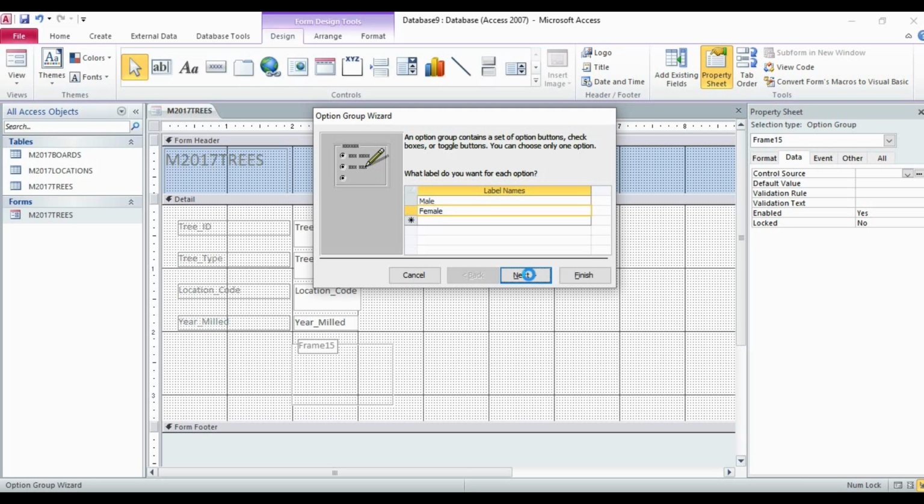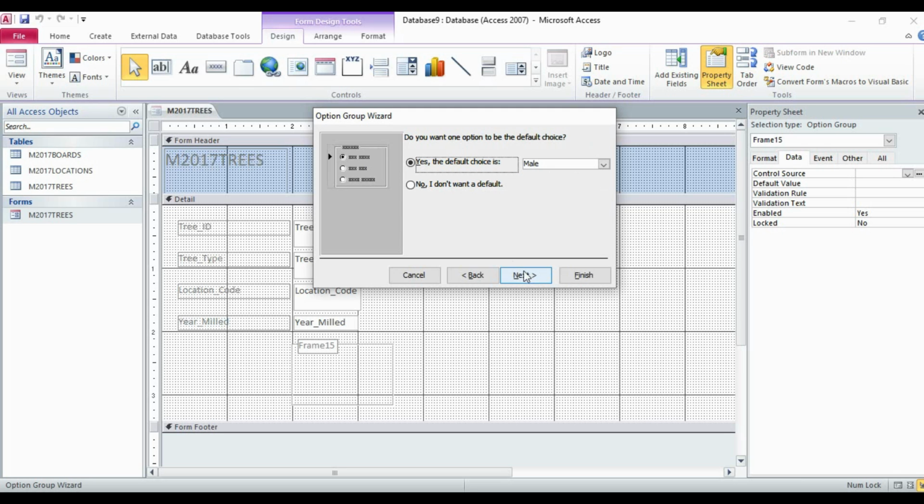Now, do you want one option to be the default choice? When you fill some forms, you might have observed that in such a display of the form, one of the options is already checked.